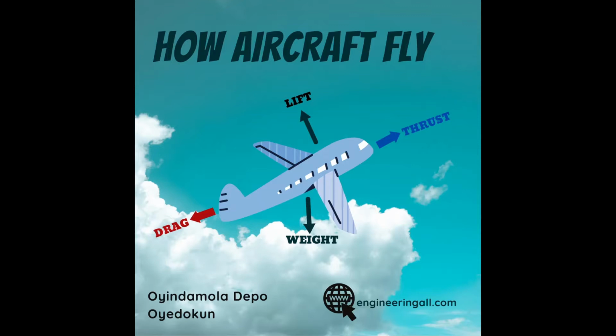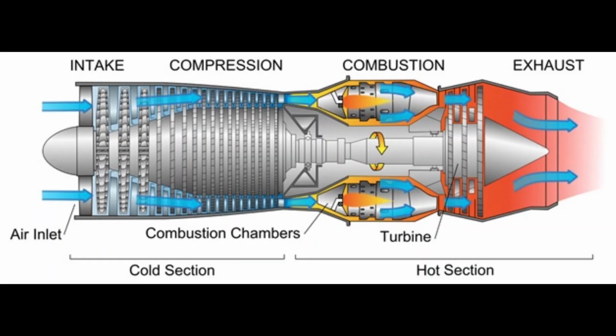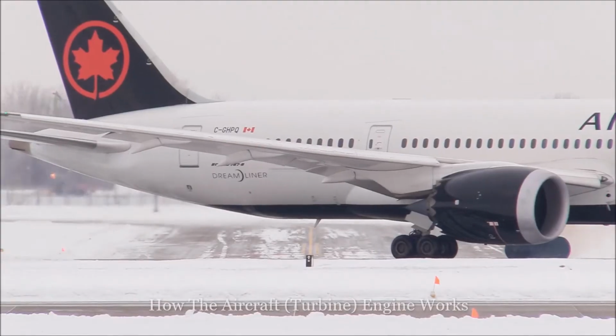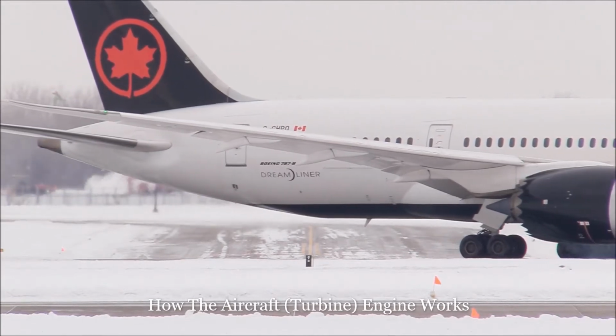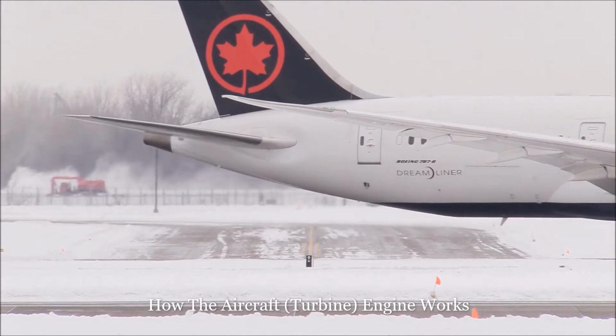Turbofan engines. This is the engine used by most airliners, i.e., passenger aircraft. It is essentially a turbojet engine with a ducted fan. In this engine, there are two streams of air: the cold, or bypassed, stream, which is so called because it is bypassed by the fan through the duct and does not undergo combustion, and the hot stream, which goes through the main engine, the gas generator, and undergoes combustion. This makes it suitable for use in such large, long-range aircraft as it is able to provide much more thrust